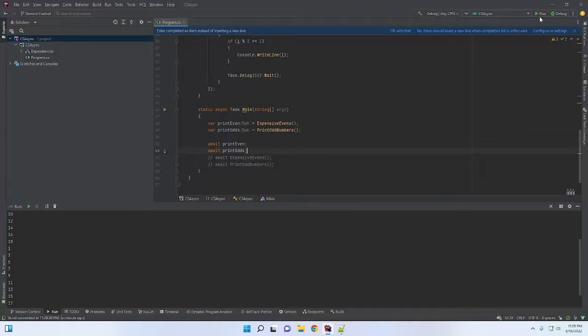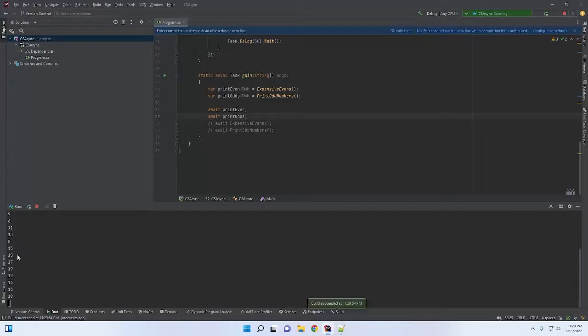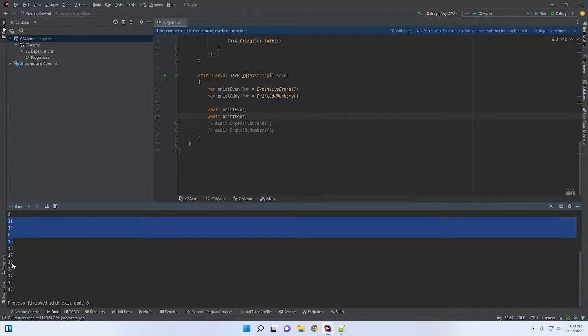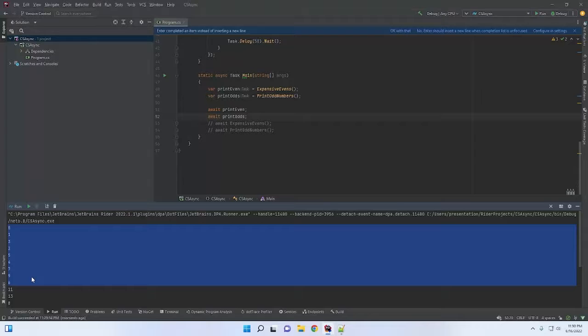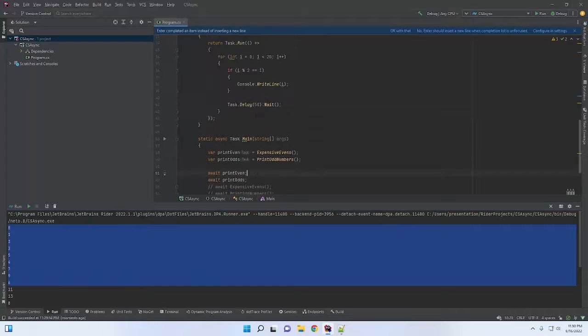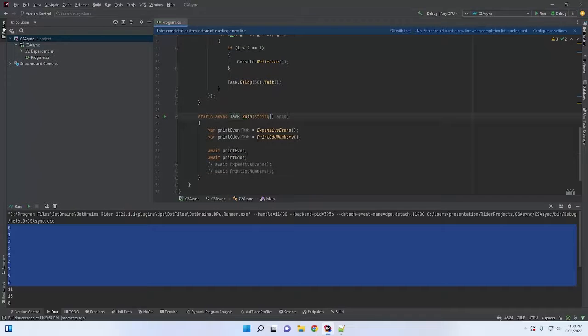And so now when we run this, notice that this is back into the asynchronous way of doing it. Notice we have 11, 13, 8, 15, so on and so forth. 0, 1, 3, 2, 5, 4, 7, 9, 6. So in order to do this, this has to have the async keyword, has to be of return type task, even though we aren't actually returning anything, doesn't really matter.